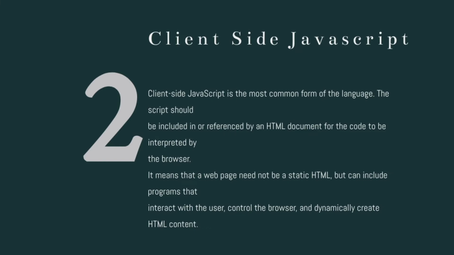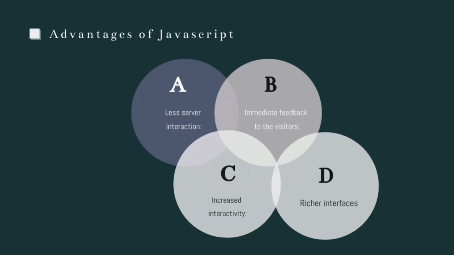Also, JavaScript can be used to trap user interface events such as button clicks, link navigation, and other actions that the user initiates explicitly or implicitly. If you check our previous project on JavaScript, you are going to get some insight on how JavaScript can be used to trap user-initiated events such as button clicks. Now we'll proceed to the advantages of JavaScript.